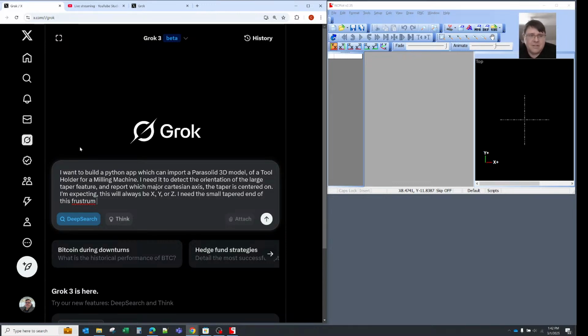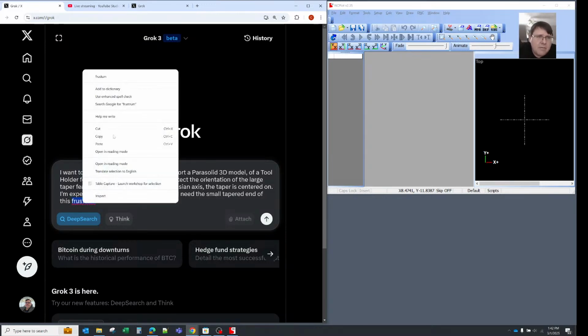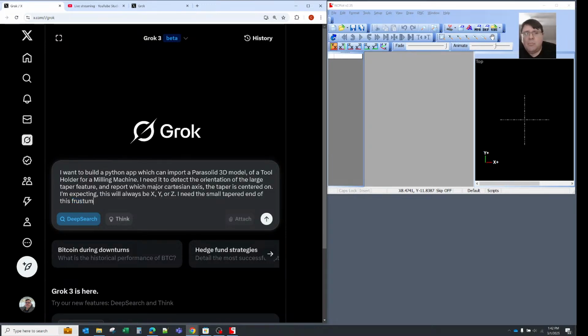I'm going to get fancy. A frustum is a cone that is also truncated at the tip. So I'm using a mathematical term on purpose. And if you don't know the vocabulary, it's okay. You can give it some input and get started and then continually refine and narrow it down. So I need the small tapered end of this frustum